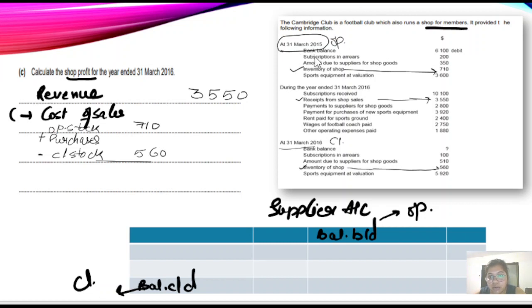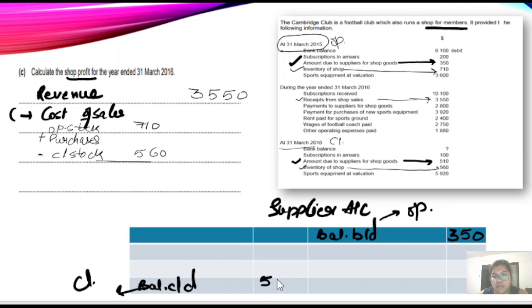So here, is it given to you, related to the supplier? No, it is not given to you. Why is it not given to you? It is given somewhere. We missed that amount. Okay, here the amount due to the supplier for the shop goods, that is 350. So this is the opening 350, and the closing supplier is this amount due to supplier for shop sales, that